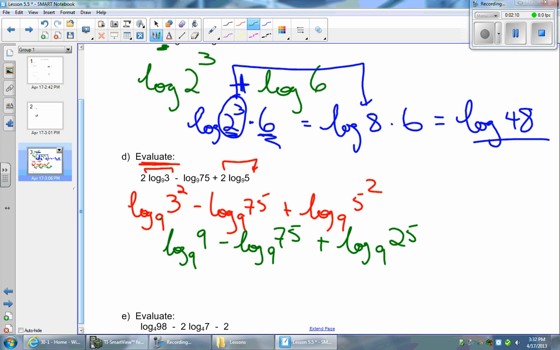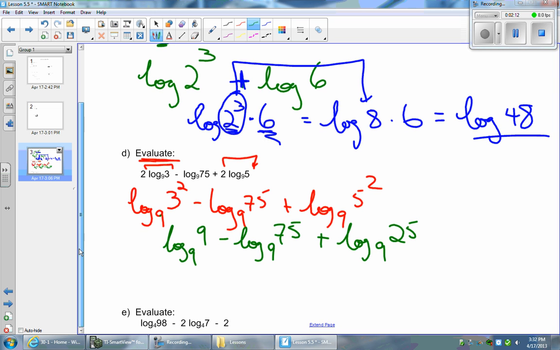Okay, now let's combine them all together and let's see what we got here. Okay, no problem. You know that this is subtraction, you know that this is addition, so the subtraction means division, the addition means multiplication, and let's go to town. So this is going to be then log base 9 of 9 times 25, so you got 9 times 25 here, over